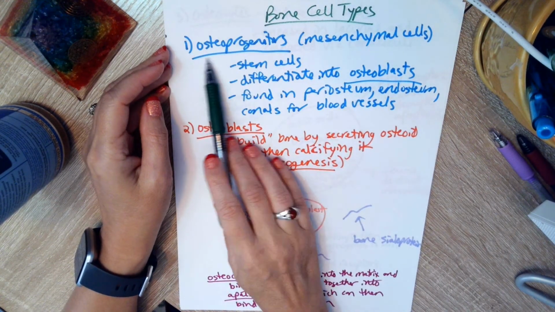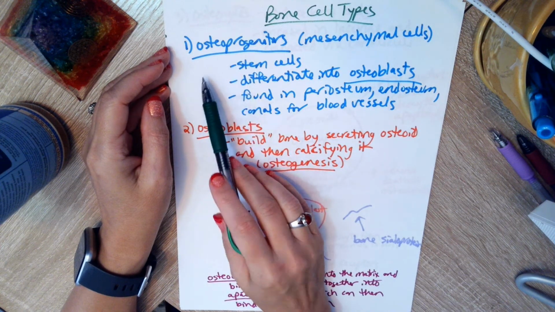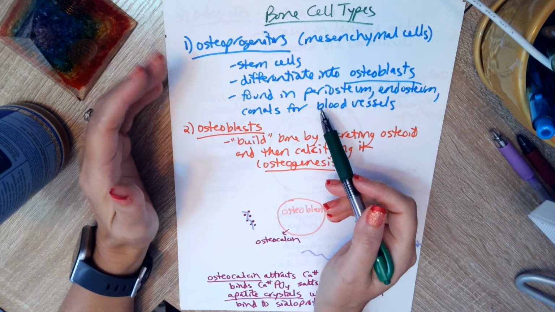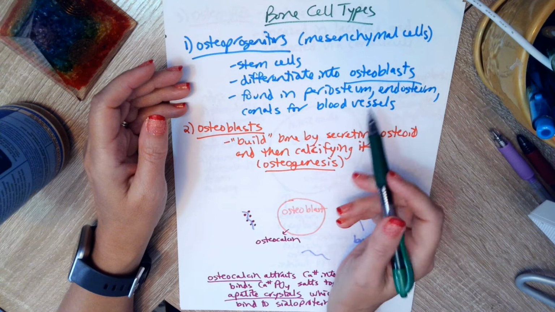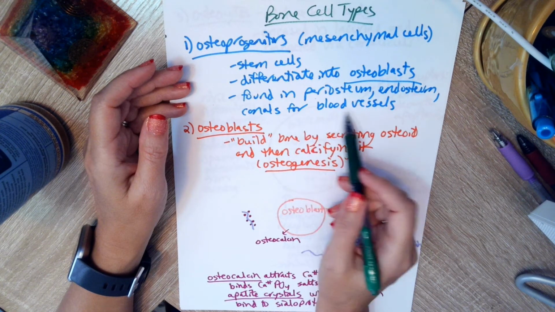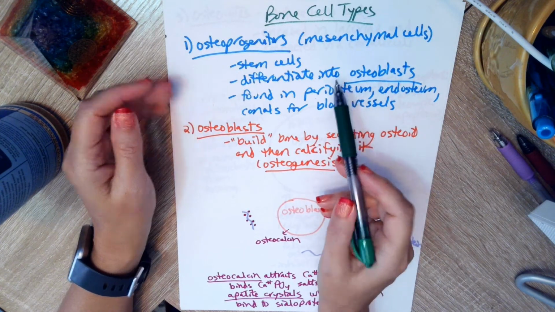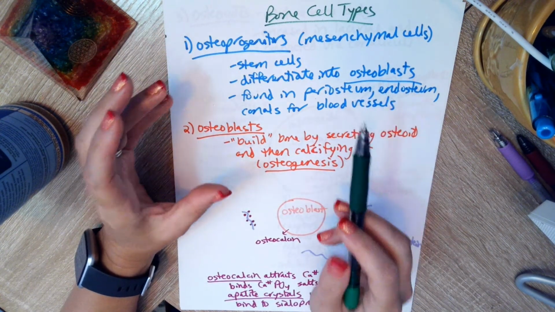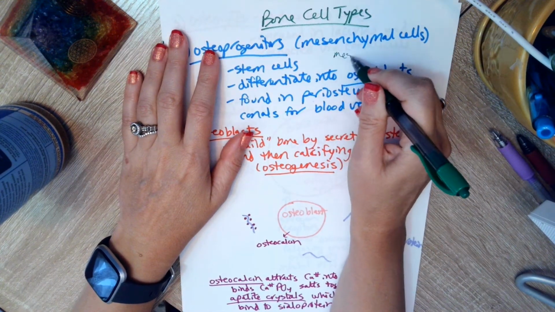Our first one that we're going to look at are stem cells, and those are the osteoprogenitors. And remember, we found those kind of along the edges of the compact bone. So in the periosteum, the endosteum, and then along the canals for blood vessels like the central canal or the perforating canals. Now, in the case of connective tissue, when you have a clump of stem cells, we would call that mesenchyme